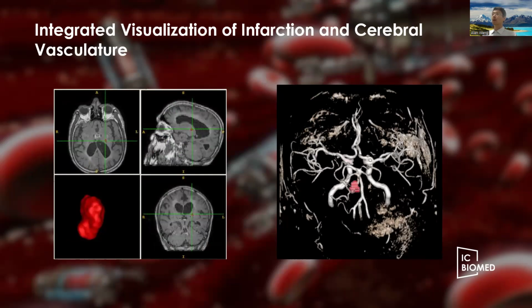They need to rely on our human imagination to imagine the relationship between the lesion and the vasculature. So we propose a method to fuse the data. Then we perform the visualization. As shown on the right side, we can see the lesion, and also we can see the vascular structure clearly. We can also manipulate the data. We can rotate and zoom in, and then the relationship between the lesion and the vasculature is so obvious.